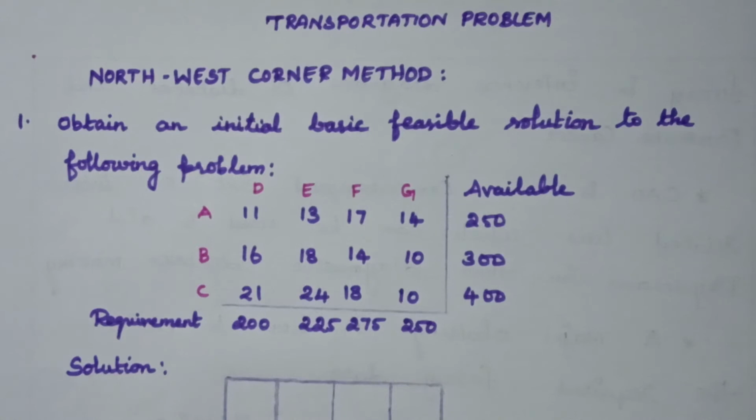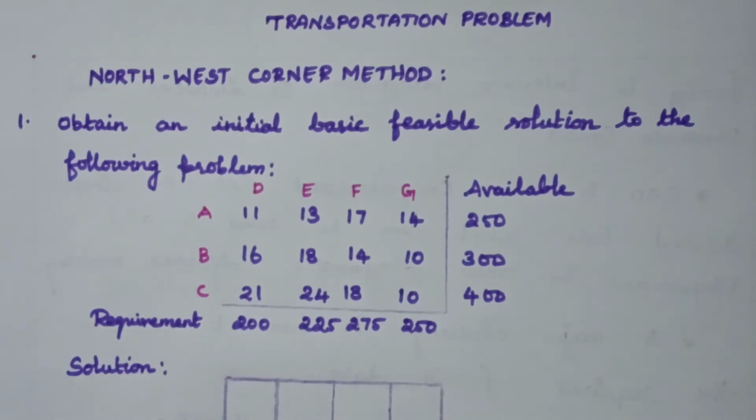To find the schedule, we are using several methods, that is the northwest corner method, the least cost method, and the final one is Vogel's approximation method. Using these three methods, we can find the starting solution, that is the initial basic feasible solution. The first method we are going to see today is the northwest corner method. From the title itself, it is clear that we have to use the northwest corner cell. So to proceed with this method.